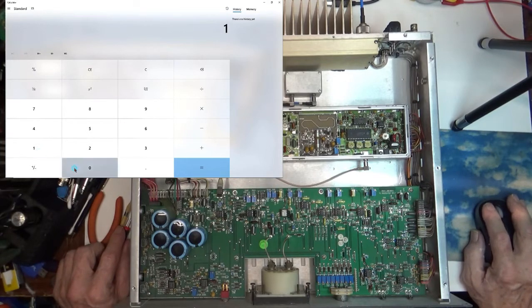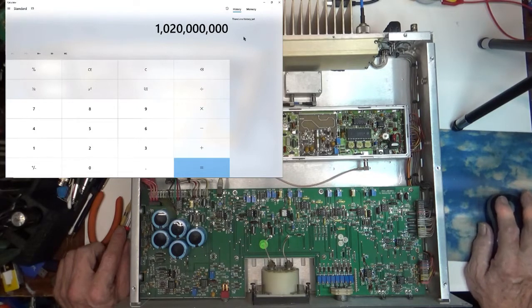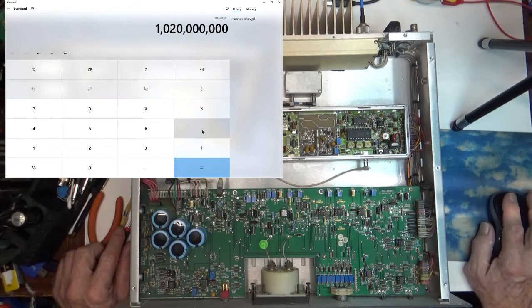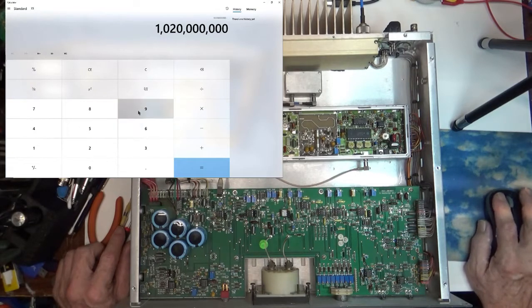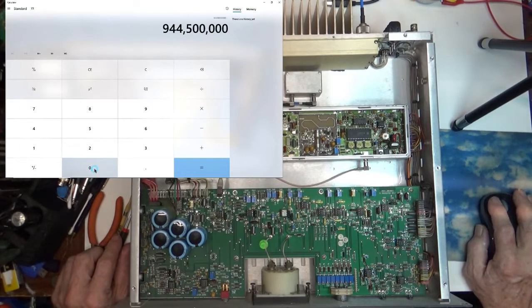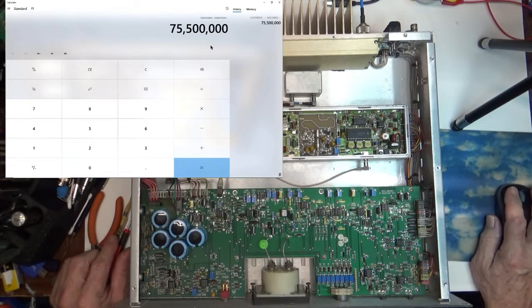So we've got 1,020,000,000 cycles, 1.02 gigahertz. From that, you subtract the frequency that you want it to be on, which in this case, we're going to show how this is working now. It's 944,500,000 hertz, 944.5 megahertz, close to a gigahertz. So we take that, we end up with 75,500